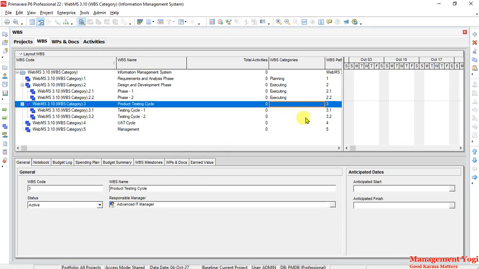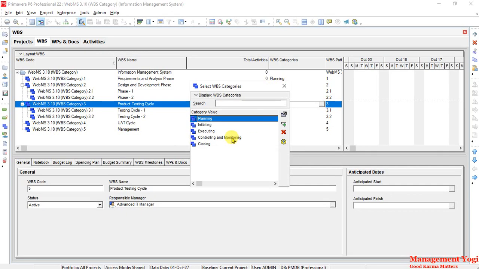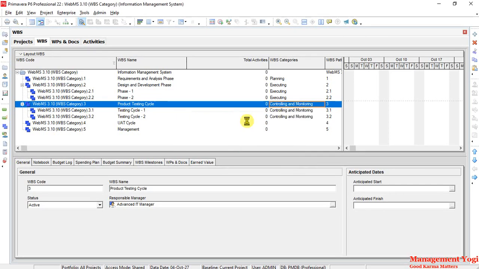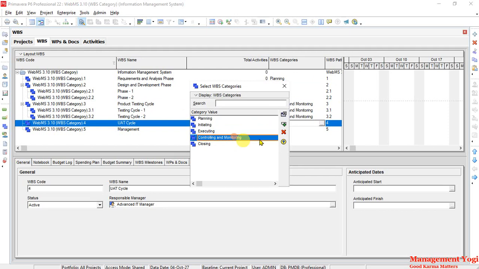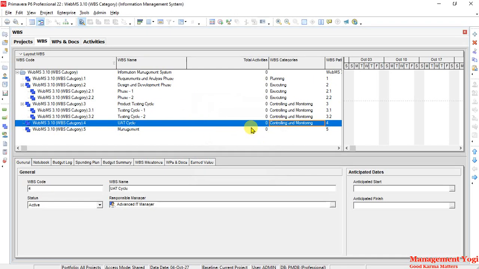Next one is product testing cycle, and here again I'll go and I will say product testing cycle will be part of controlling and monitoring, and I will say yes again. Then you have EOT cycle. EOT cycle again will say controlling and monitoring. Now it got assigned. For management, we do not have any assignment, but we can put it under controlling and